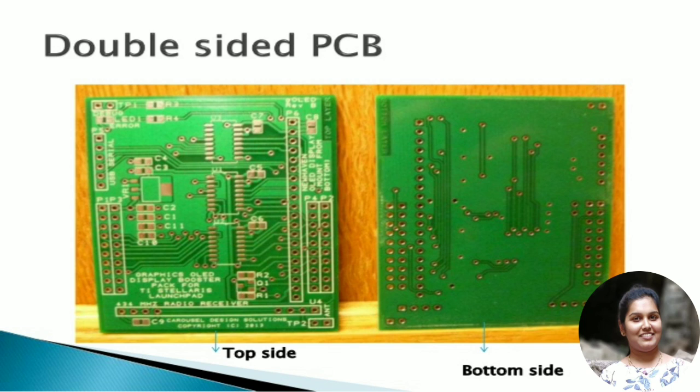The circuits on one side of the board are connected to the other side by means of holes drilled on the board. You can see some holes on the board displayed on the screen. With the help of the holes drilled on the conducting parts, you can make connections between the components placed on the top and the bottom. The components on these PCBs are connected using two different technologies, as I was telling you previously. Components can be placed either using through hole technology or surface mounted technology.